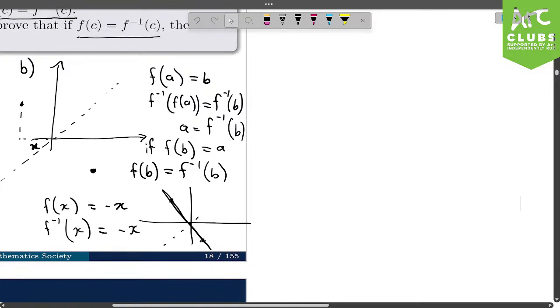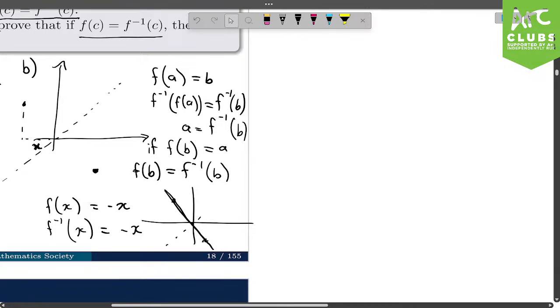So how do we structure our argument? We say, let f of x equal negative x, then the inverse of that function is also negative x,